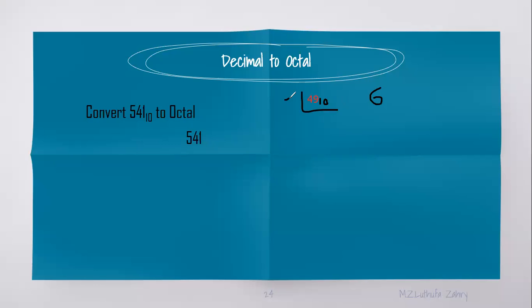49, if you want to divide it by 8, what will you get? 6 into 8 is going to be 48, right? So you'll get 6 here, and the remainder will be 49 minus 48, 1. And once again, divide 6 by 8. There you'll get 0 quotient and 6 will be here. So 61. Okay, so those people who have got 61, that's right.